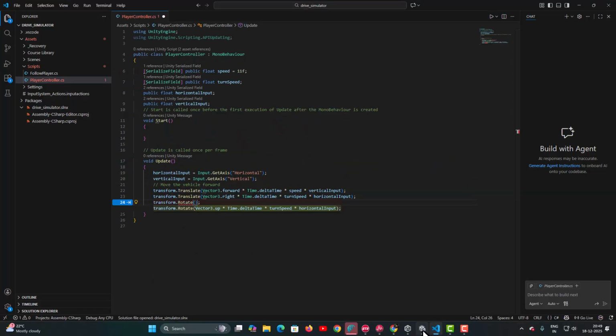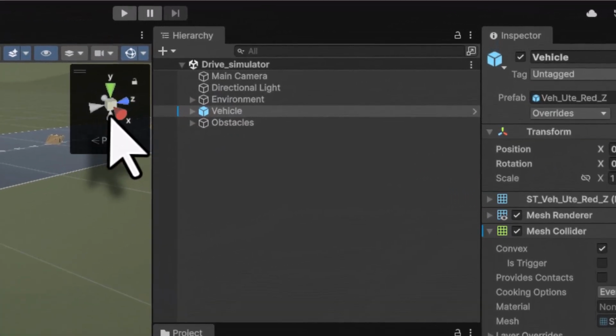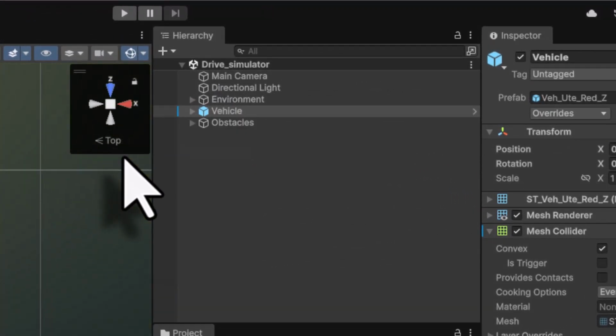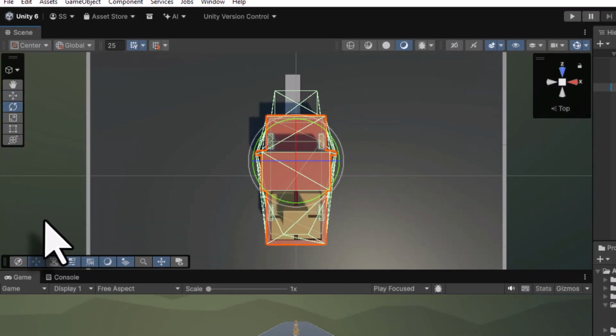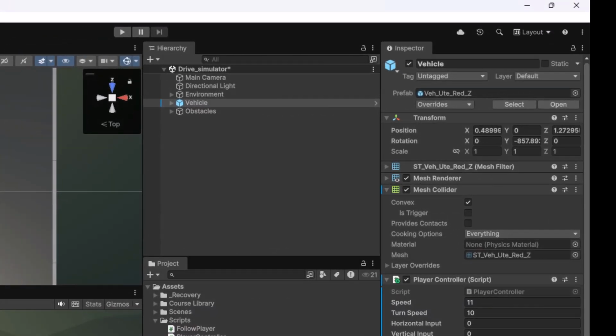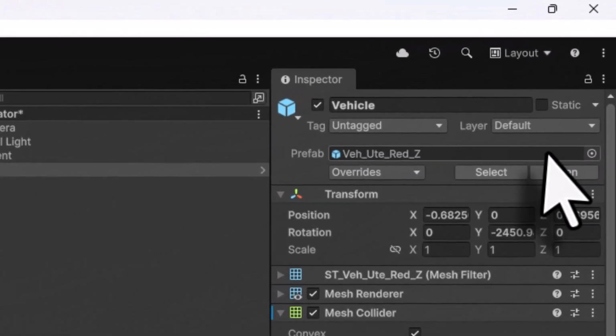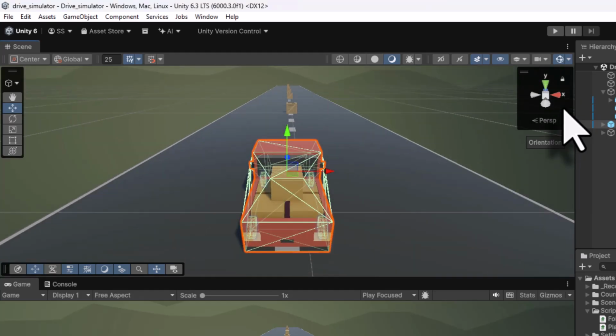So if you come back to Unity and if I select my vehicle, and I will now right click and come into the top view and press F to zoom to this vehicle. Now I will take the rotate tool. When I press left, this should rotate along which axis? You can see in the display, it should rotate along the Y axis. See, I will set it back to 0. Now right clicking on this gizmo, if I come into the free view, you can see Y axis represents Vector3